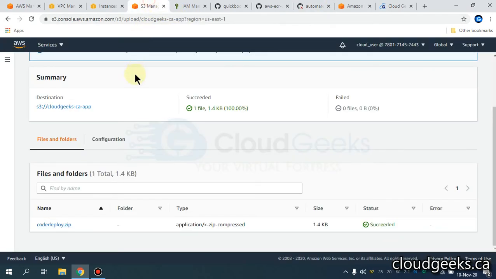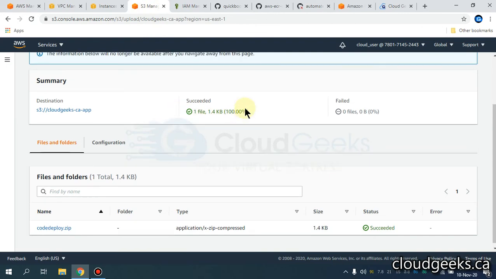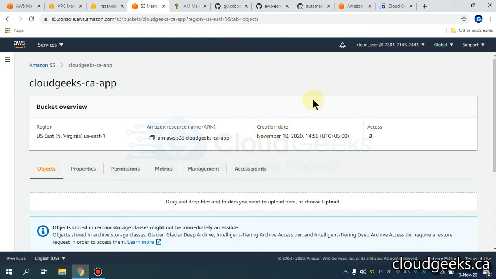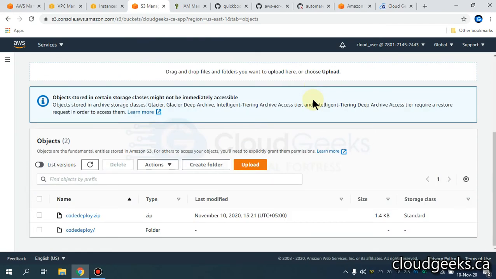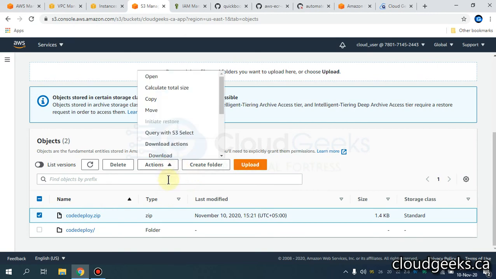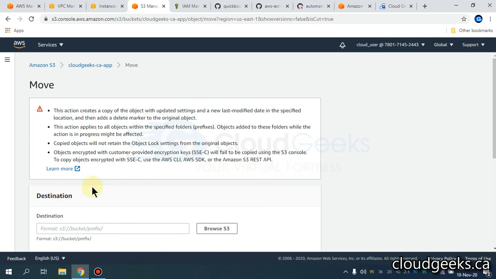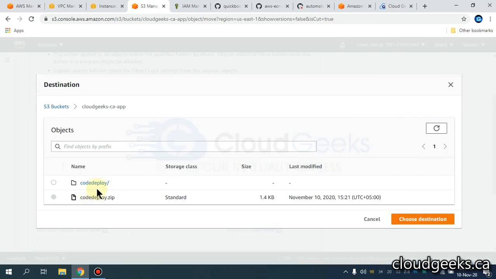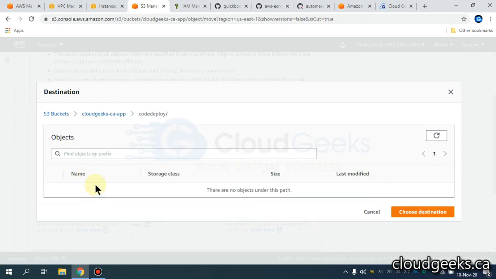Let me navigate to that particular section. It correctly says that the zip I uploaded is not in that particular CodeDeploy folder. So what I'm going to do is move this one to this folder.